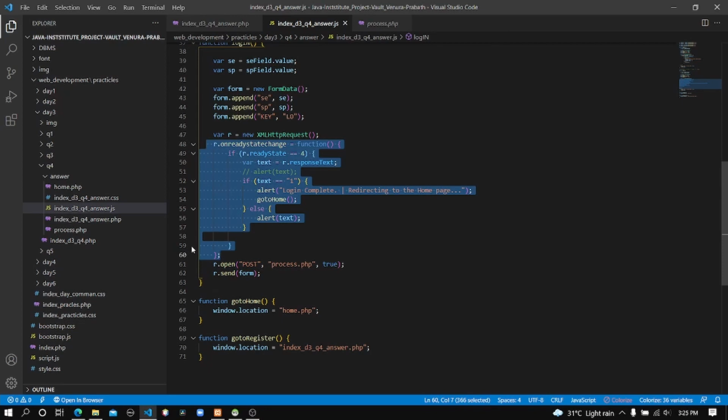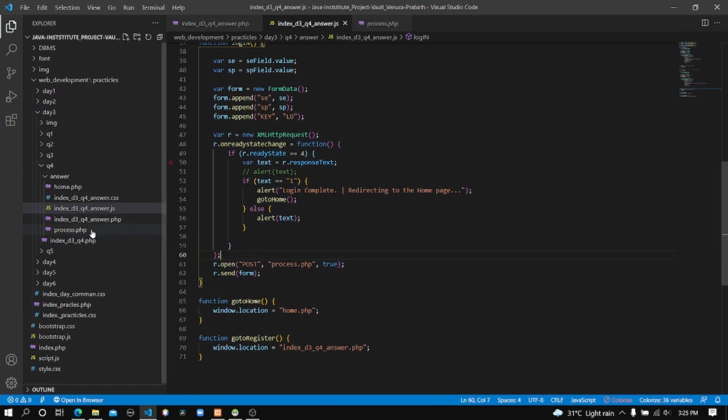Let me explain these code lines starting from line 48 to 60. I will skip those lines, and I will explain after we explain the process.php file. Here you can see in line 61, R means our Ajax object. I created a variable called R and assigned the Ajax object to that R variable. So now we can call or manipulate that Ajax object using this variable name.